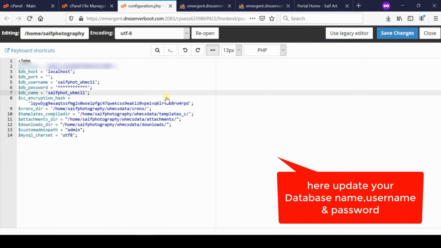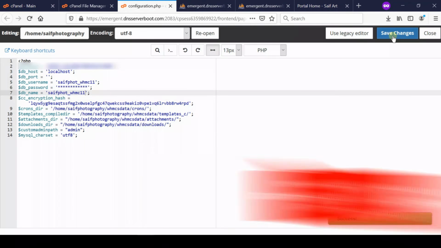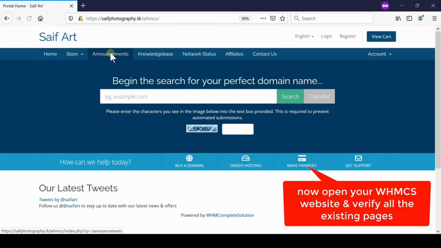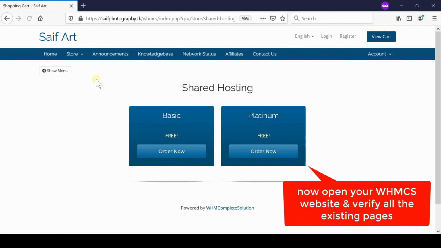Now if you open your WHMCS website and verify all the existing pages, you will find that all data is now imported successfully. You will find all your previous data getting displayed as it was earlier. In this way, you have not lost any of your data.